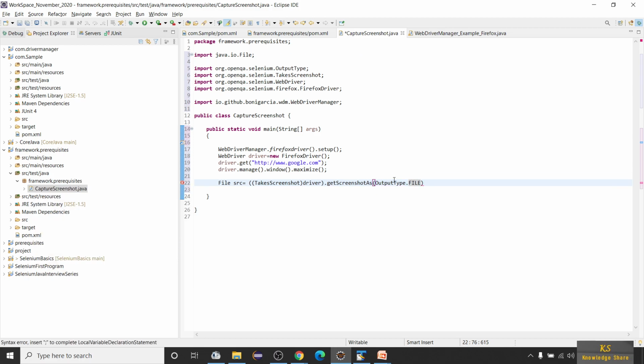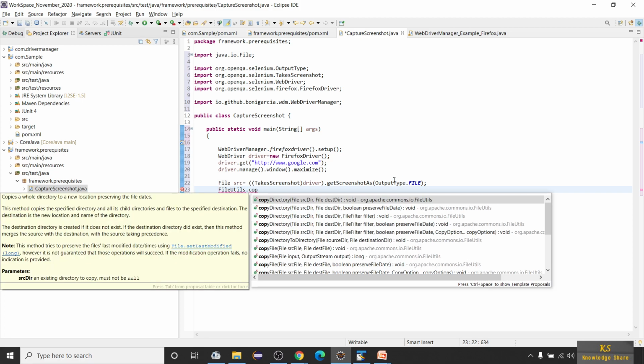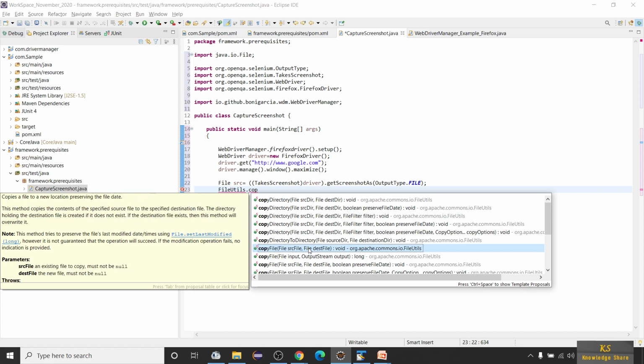We have to store it in a file format, right? So that's the reason we have given file. Now we have to copy this to our own location. Okay, FileUtils.copyFile. See, there are a lot of methods when you type FileUtils. It's giving a lot of methods, and if you scroll down, it's even giving you the description. Right here you can observe it copies a file to a new location, preserving the file date and all those stuff. Right. So I'm going to select